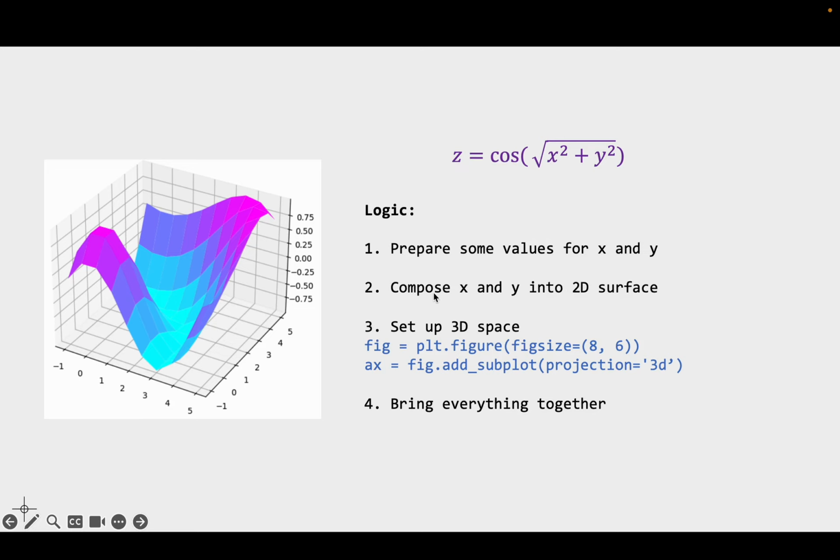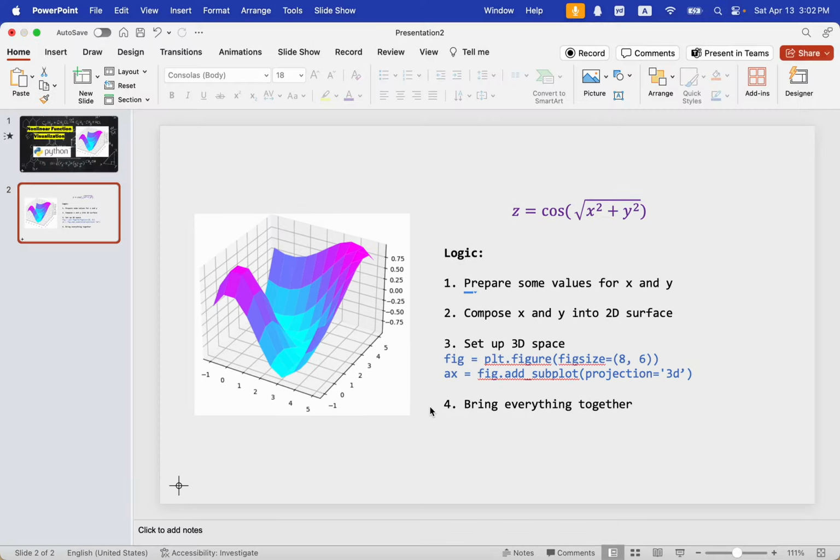Once you have the function defined and the data ready, then you're going to set up 3D space in Python. And this is the space we're going to put everything in here, right? And the last step is when you set up the 3D space and you have data ready, function ready, you just bring everything together. Okay, so I'm going to stop sharing the slides here, and let's go back to the Colab